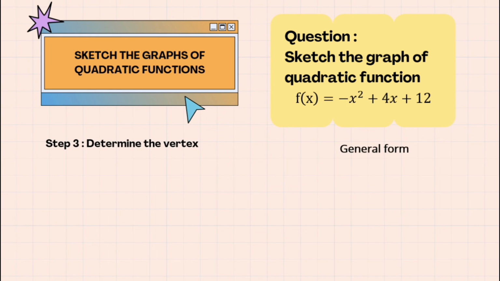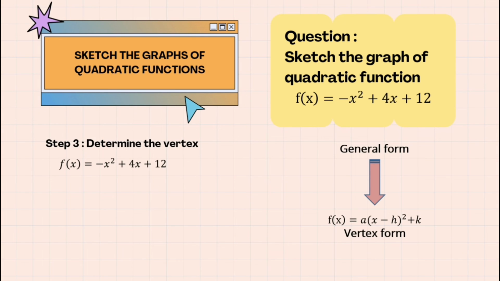In step 3, we need to determine the vertex. In order to determine the vertex, we can use the formula of vertex coordinates for function in general form. Or, another way is to convert the function in this general form to a vertex form. To do this, we need to perform the completing the square method. Vertex form function will provide us the value of h and k, which will be the coordinates of the maximum or minimum points. To perform the completing the square method, firstly, we need to make sure that the coefficient of the